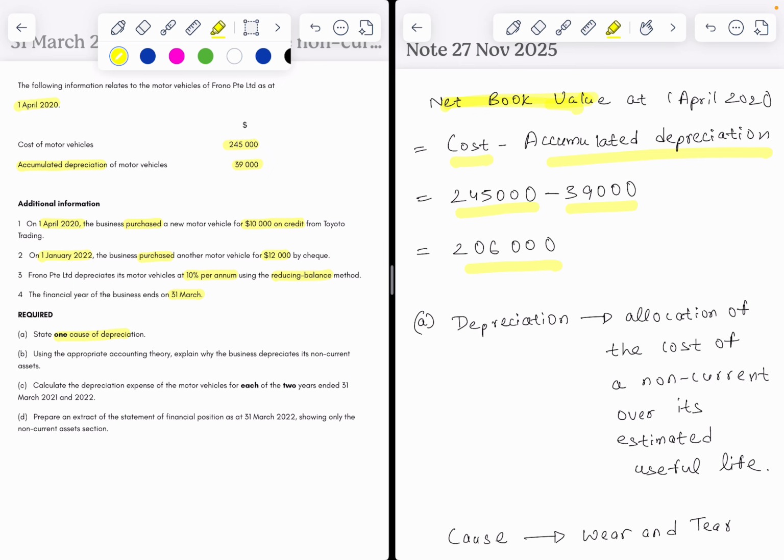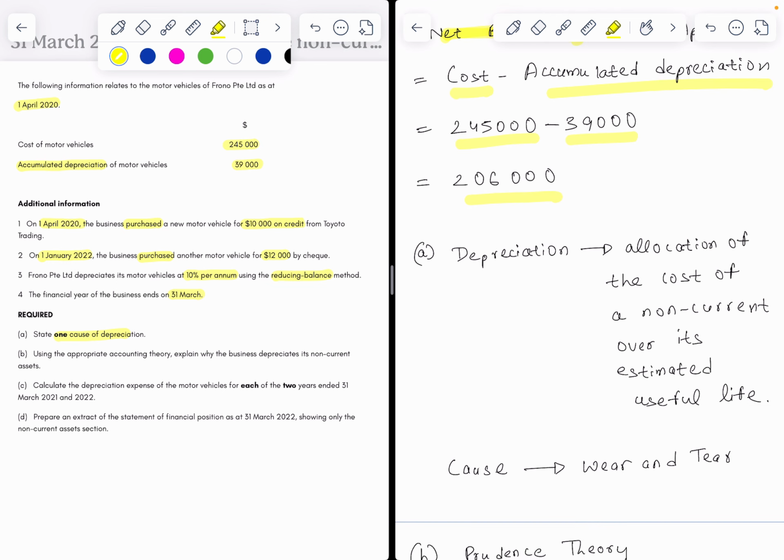So let's understand the meaning of depreciation. Depreciation refers to the allocation of the cost of a non-current asset over its estimated useful life. Now, this is the simple definition that we are used to knowing, but how can we apply it on a real life perspective? So when we buy non-current assets, the purpose of buying non-current assets in our business is to help us improve our efficiency and add more value to our customers, which therefore helps us as a business to